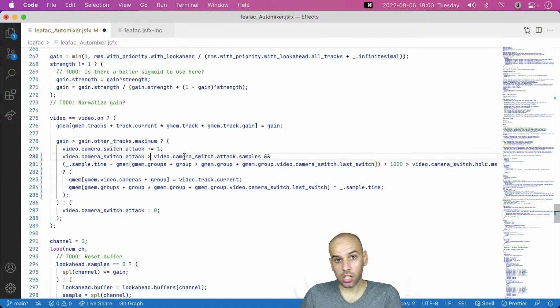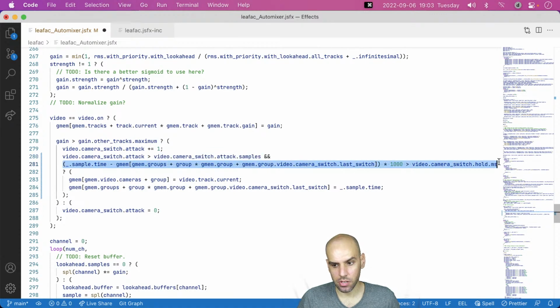But then there is another problem. If we check for greater than, then this will start to hold, while this may not, because not enough time has passed. So at some point, this will be true, and that will be true as well, because both the attack and the hold times have passed.